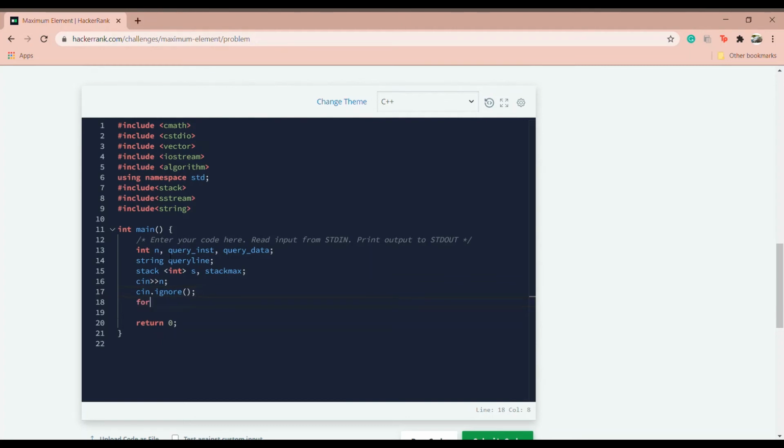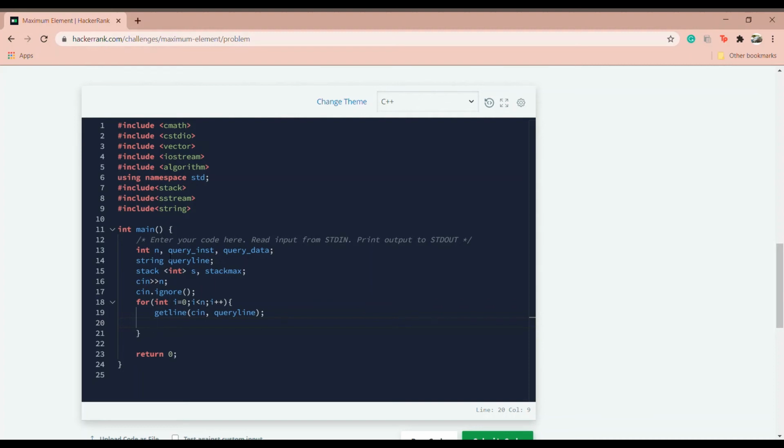And now we have our for loop. So int i equal to 0, i less than n, that is for all the queries. So now getline cin comma query line. Now this query line has to be split into variables.